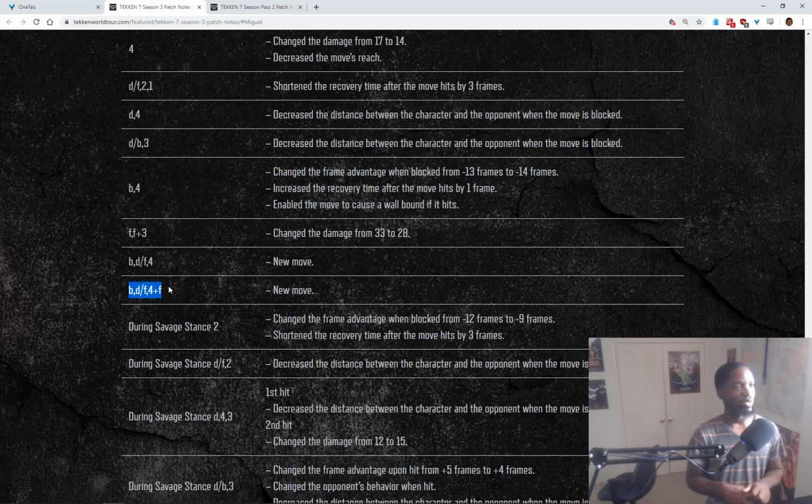And then it just leads me to think, do these people even play Miguel? Do they even play him? Do they know how he's played or what he needs? Or do they listen to us? It's just ridiculous. So, yeah, it's cool he got a new move, but the fact that it's a low and